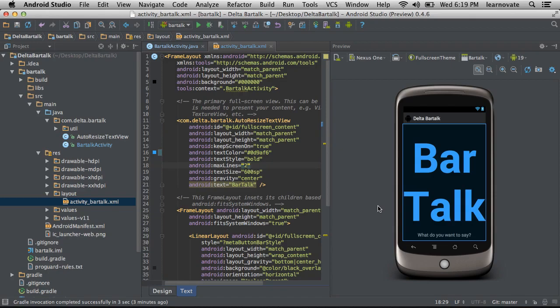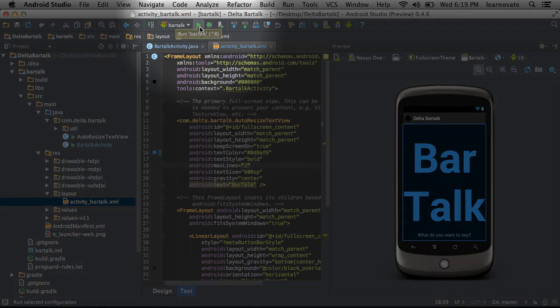So you've made a change to this application. You might be wondering, what exactly are we doing right now? What is this app? Well, if you've ever been in a large, crowded area, such as a bar, and you want to say something to someone far away, this application solves that. It's called Bar Talk, and it's going to be the first application you're going to run. All you need to do is go over here to the play button and click it,